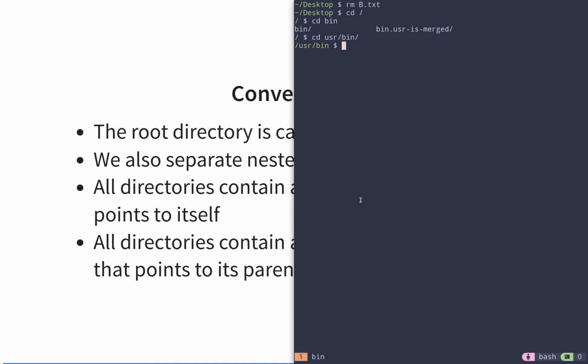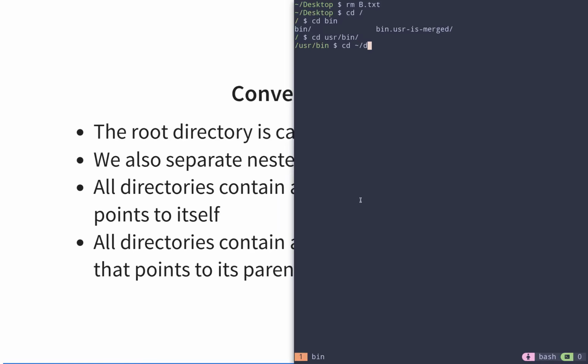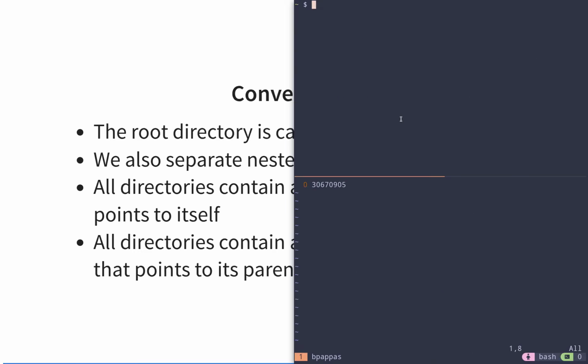Let me actually illustrate this here. I'm going to go to my desktop directory. If I go back to my root, or maybe I should say stat desktop, we record the inode number, 30360306 70905. I'm going to copy this, and I'll create a separate window here and write this down so we can keep a reference to it. If I then go into my desktop directory and type in